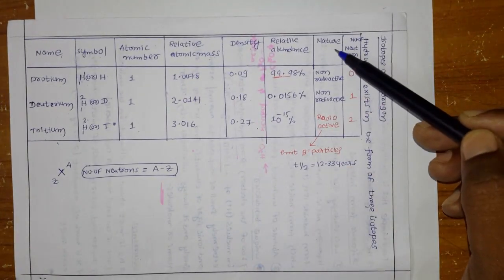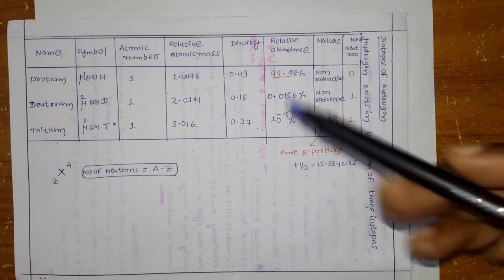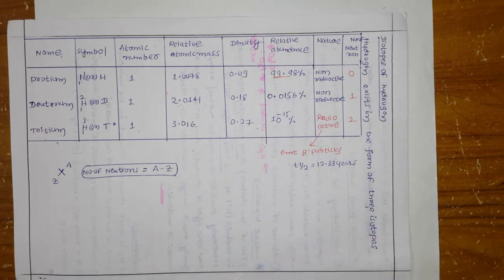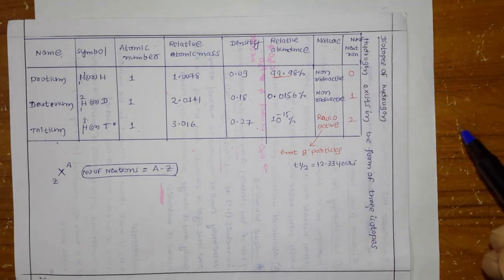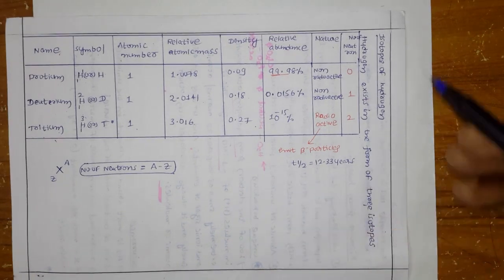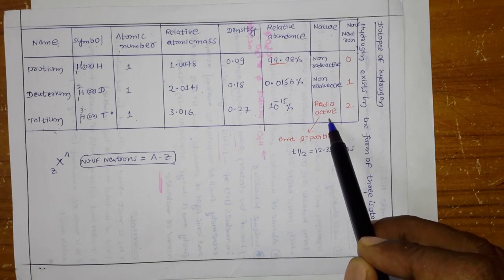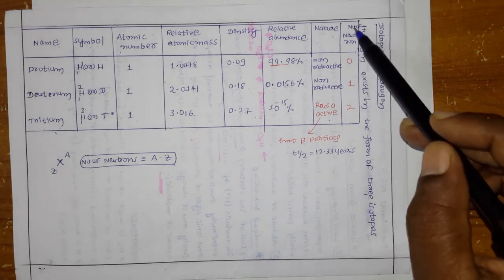Okay, and in nature, generally protium and deuterium are both non-radioactive. What are the radioactive and non-radioactive ones? You know that generally radioactive elements, when they dissociate, release some kind of radiations, like gamma radiation, alpha rays. But the tritium is a radioactive element, and when it dissociates, it emits beta particles. Okay, beta radiation.